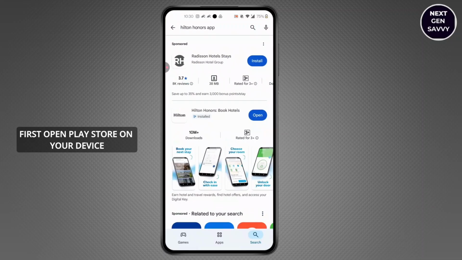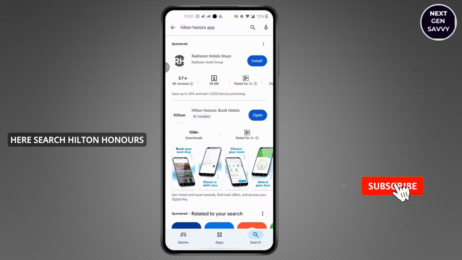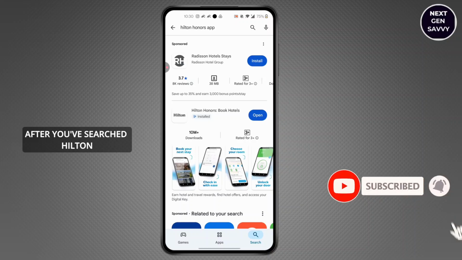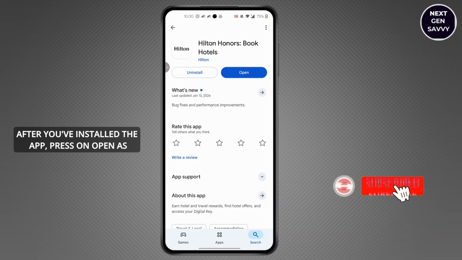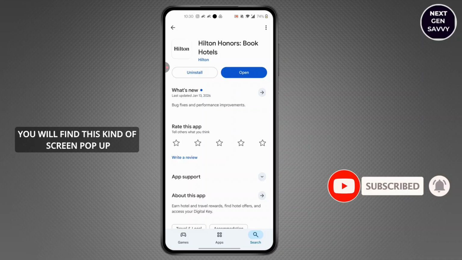First, open Play Store on your device. Here, search Hilton Honors. After you've searched Hilton Honors, you'll find Hilton Honors Book. Here, you'll find Install option. Simply click on Install. After you've installed the app, press on Open, as you will find this kind of screen